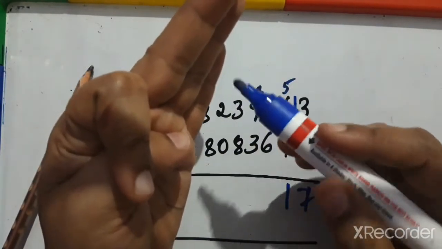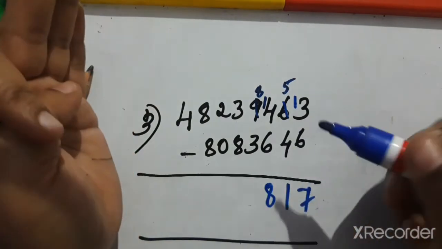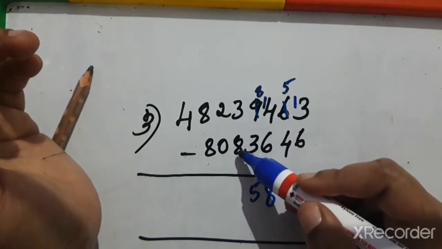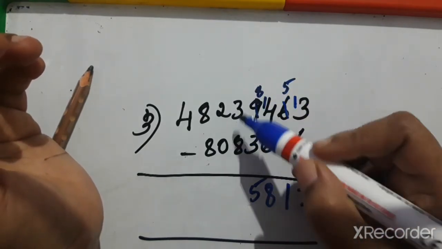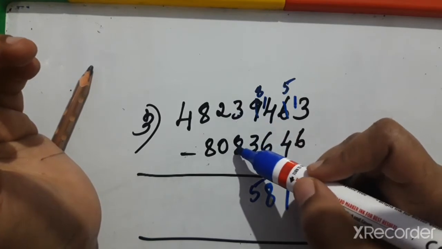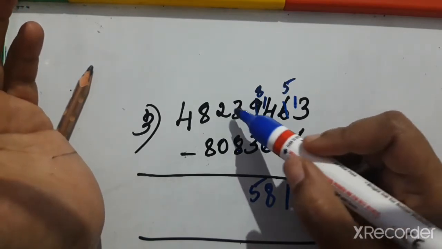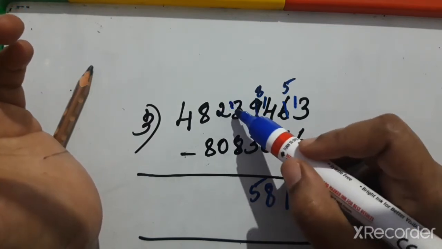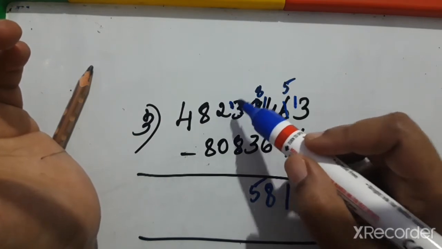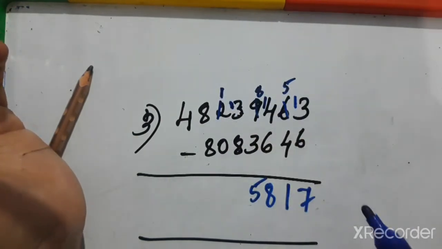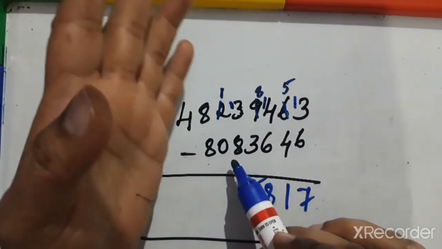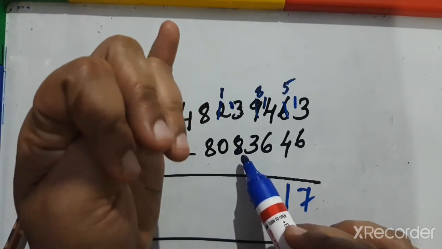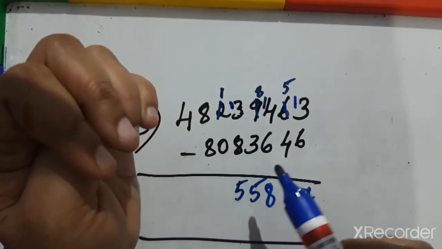So how much do we have? 5, 6, 7, 8. 8. Now 8 minus 3 is 5. Then 3 minus 8 we can't subtract, because this is greater than this number. We have to spend 8 rupees but we have only 3 rupees. So borrow 1 from a friend. Knock next door. Borrow 1, now together it is 13 and this 2 will become 1. Now 13 minus 8 means 9, 10, 11, 12, 13. So the answer is 5.